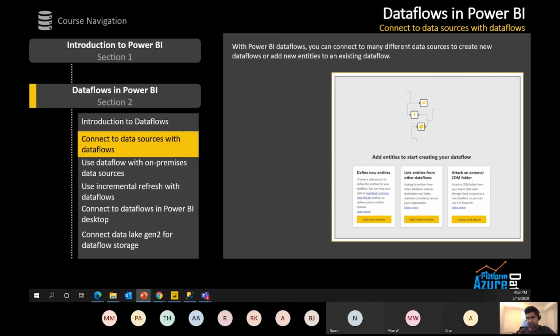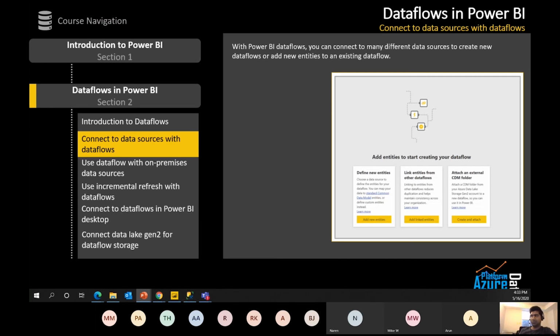Sorry, one second. Mohit is asking a question: is a Power BI dataset an example of CDM? A Power BI dataset is not an example of CDM because the dataset is something you create. But in a dataflow, when you bring in any new data source, that time you can leverage CDM.